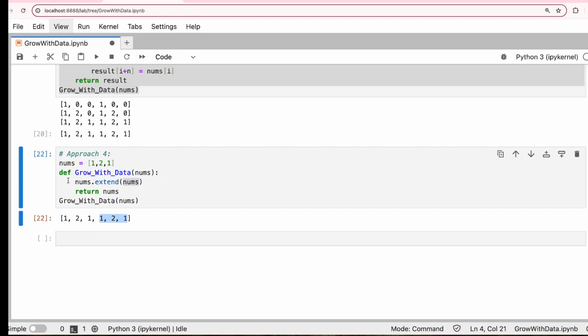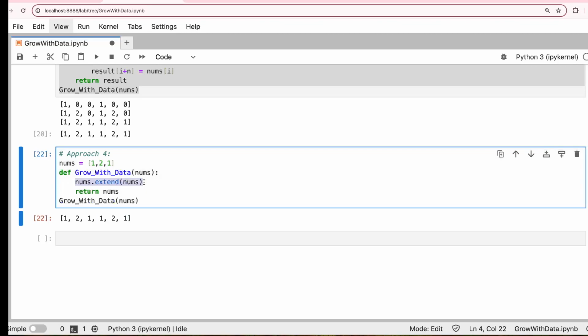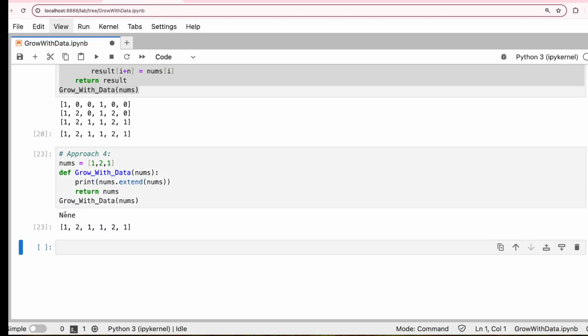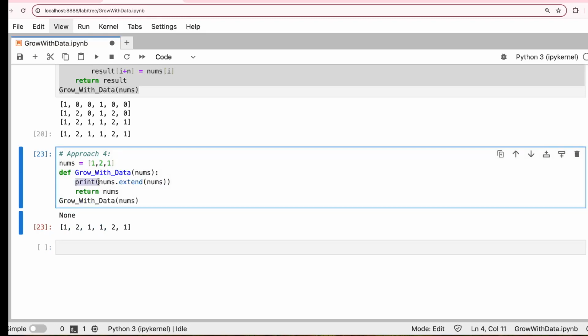It's done. So why am I not giving it directly here? Why do I just call this and then return? I can give it this way, right? What happens is extend is not going to create a new array. It just overwrites the nums and then returns None. If you just print this, you can see it returns None. So if you assign it to any variable, say x equal to nums dot extend, and return x,